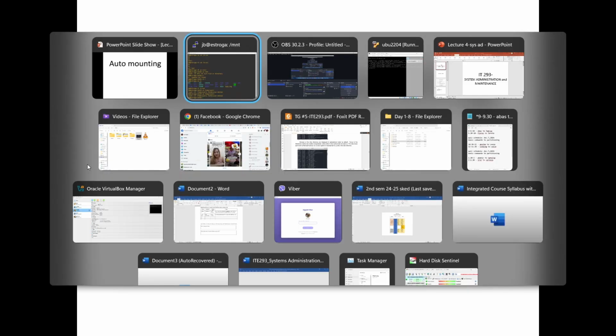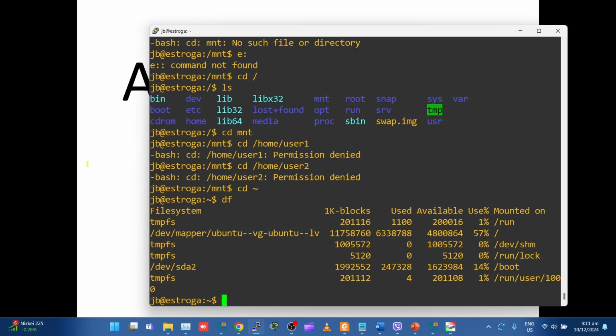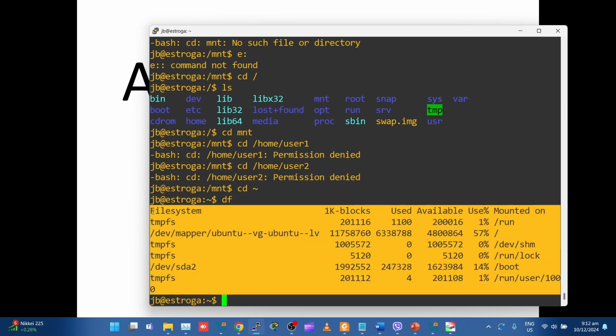So here in my Linux installation, if I issue the df command, you can see that there is no